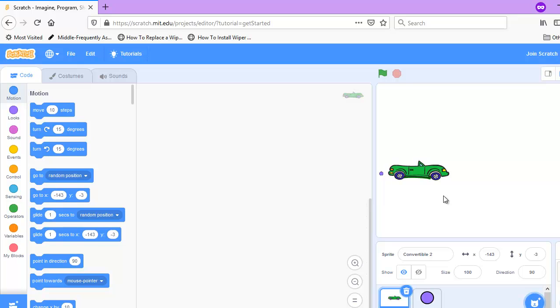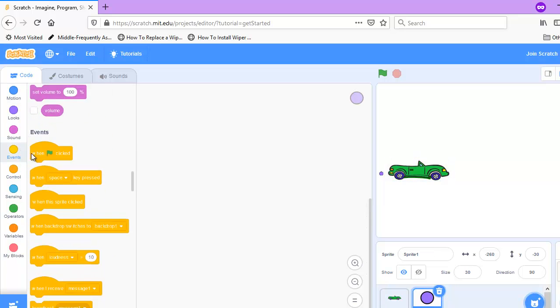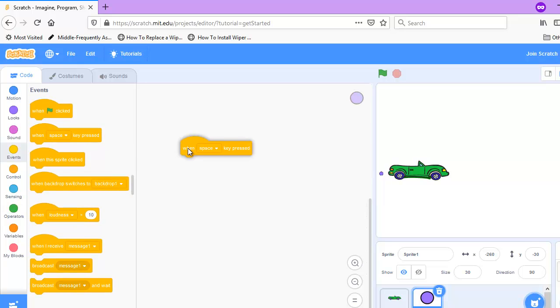So when we animate multiple images or multiple sprites, we want to make sure that they're starting at the same time. So I'm going to go on the dots and say when the space bar is pressed. I'll go on the convertible and say when the space bar is pressed. Okay, so we have the same starting event for both of those. I have each of those positioned. So, actually, before we do that,